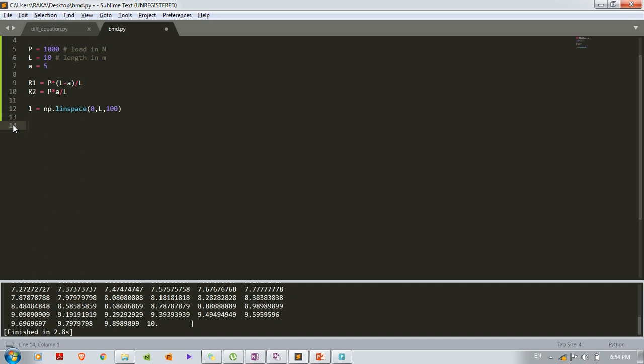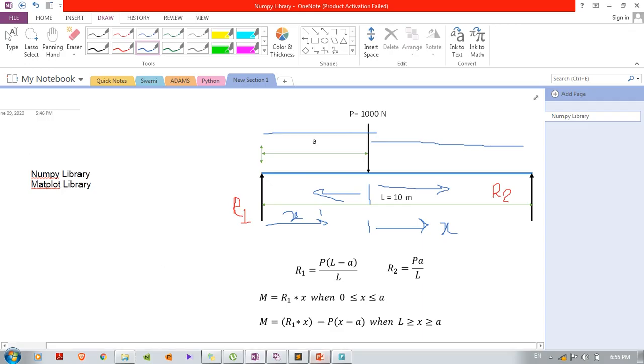Now what will I do? I will create empty arrays for shear force, moments and length. So let's say capital X, one empty array, then capital SF, an empty array for shear force. Whatever calculation will be done for this small l, that will be stored in these empty arrays, and capital M, an empty array for moments. Sorry, it is a square bracket. Then now we have to write the program for these two conditions.